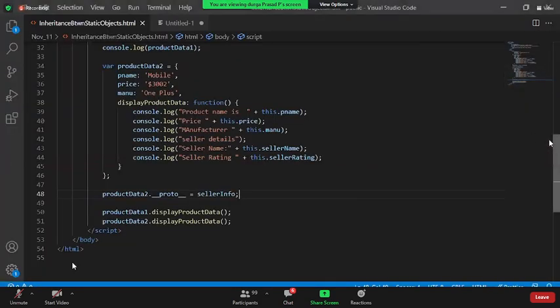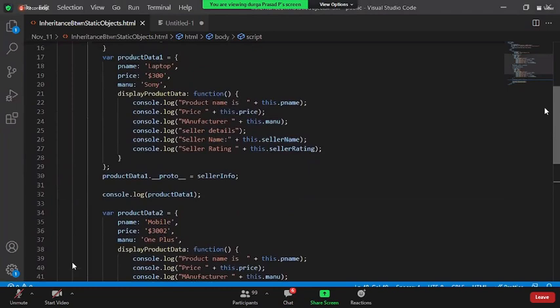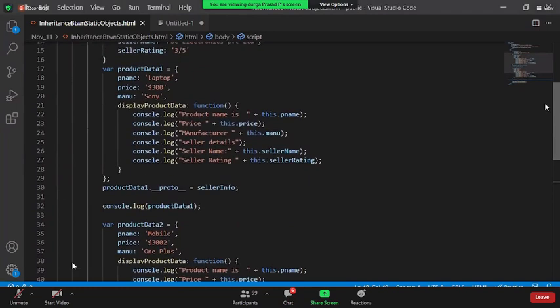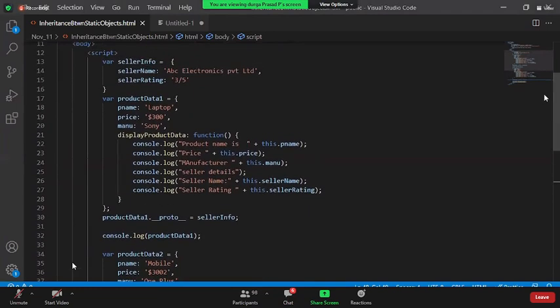But if you clearly see, these two objects do not have any seller data. There is a separate object which has the seller data. Now you are asking the sub objects to point to the parent object properties.